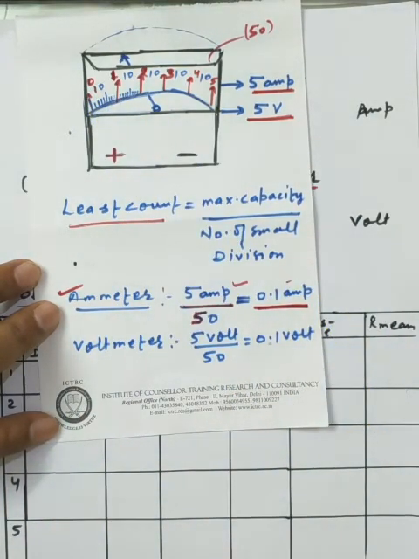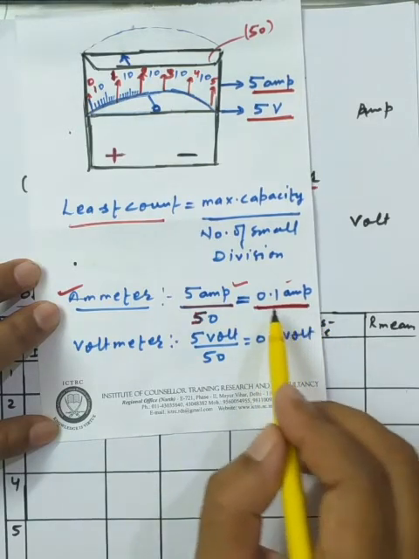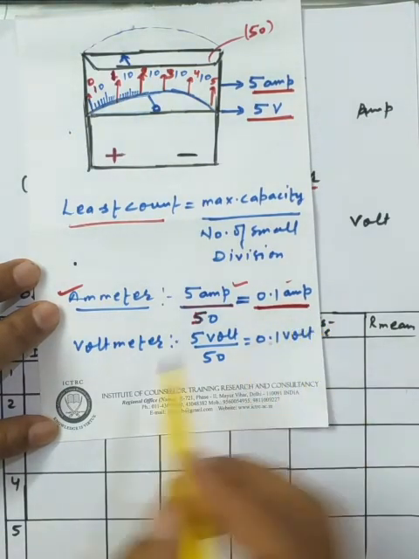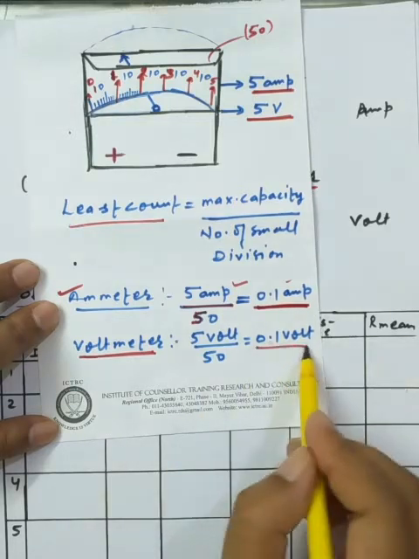So directly we are not making the measurement of the ammeter reading, but we are just finding the number of divisions, and then we are applying the scientific method to calculate the value of the resistance here. So I am just getting the one division value, that is 0.1 ampere, and secondly I have made also the concern of the voltmeter here. So 5 volt divided by 50, that is also 0.1 volt.